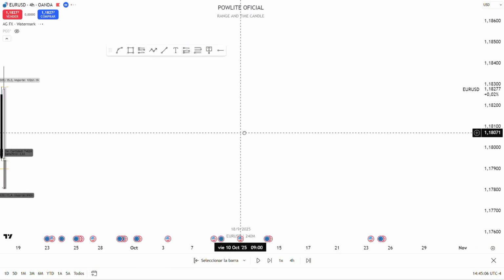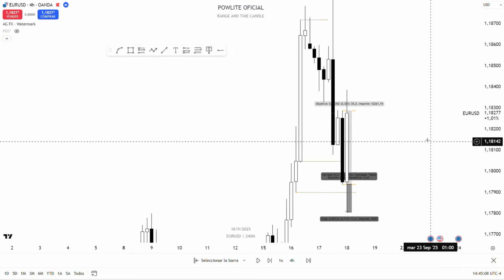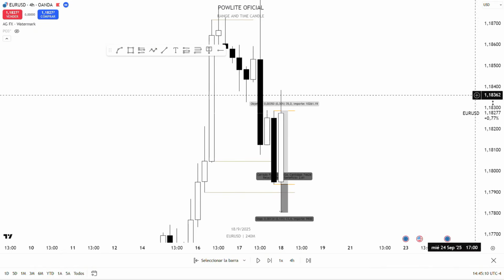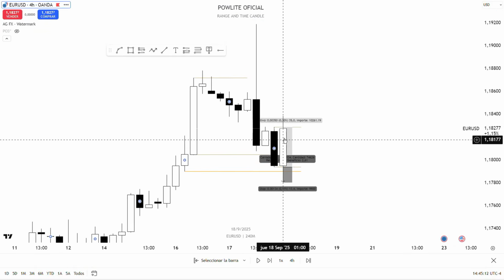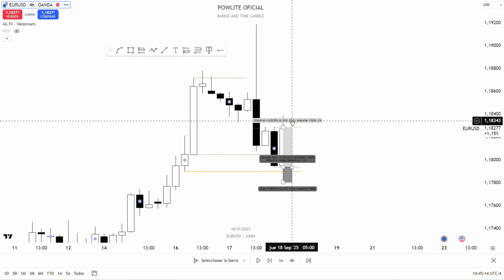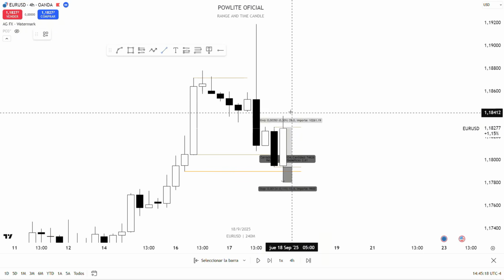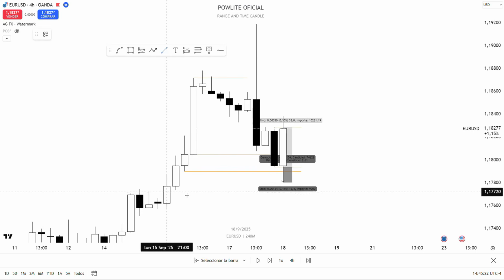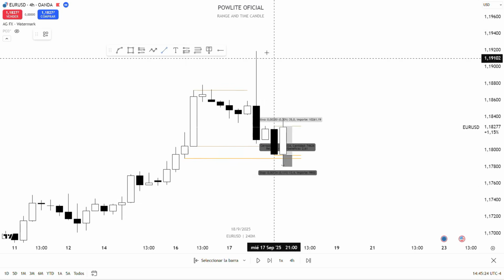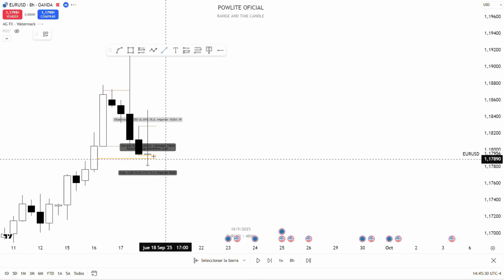Now let's apply the same to another scenario. Why am I telling you this? Let's delete, well, no, I won't delete the price. If you go to the New York session, well, this one here at 5 a.m., you already didn't have a bullish range. There were no bullish objectives. You can see you have no bullish objectives. Go to any time frame, 8 hours, nothing, no bullish targets.